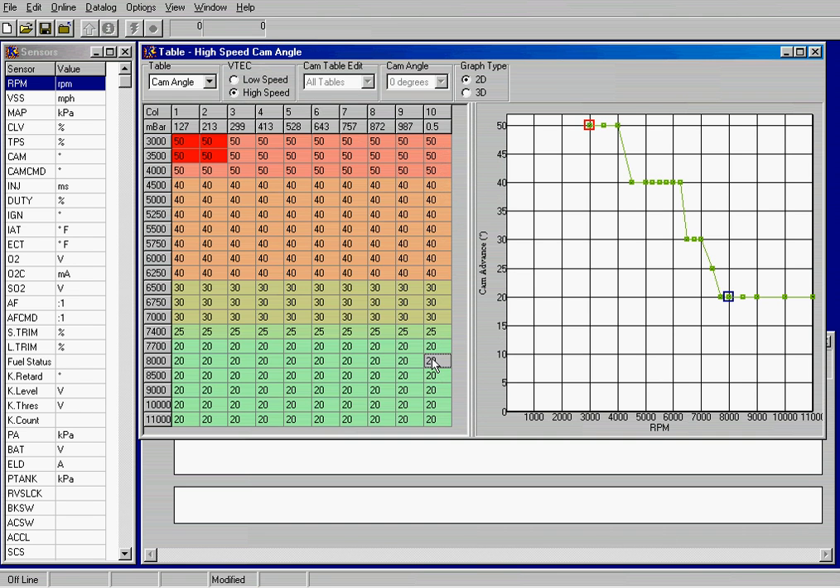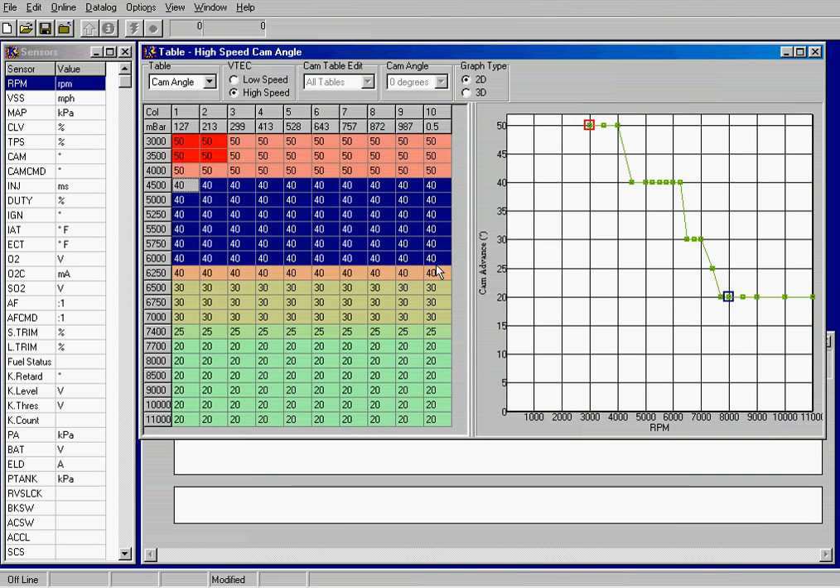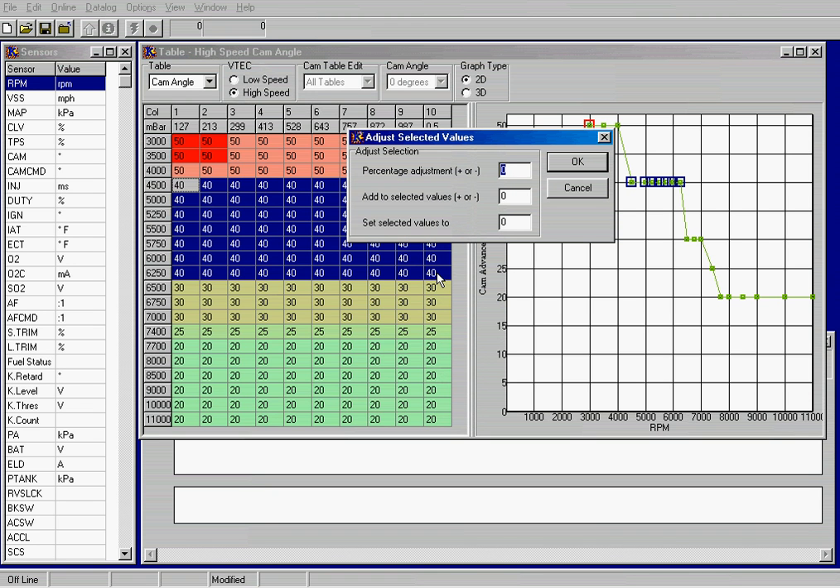The better the cam and the better the breathing, particularly the exhaust, the more cam advance you can put in. So we may do something like J, Control J for adjust. We can adjust the cam angle by a percentage, but really we want to select it to a particular value of 50. To show you that menu again, adjust the commands, edit,